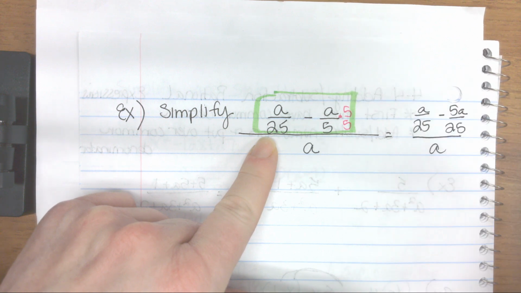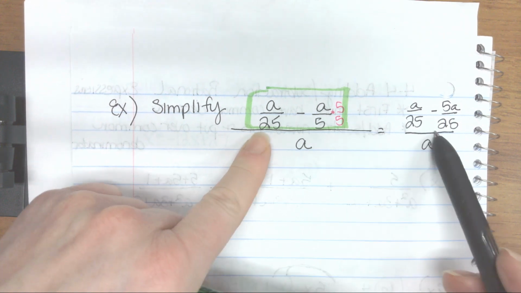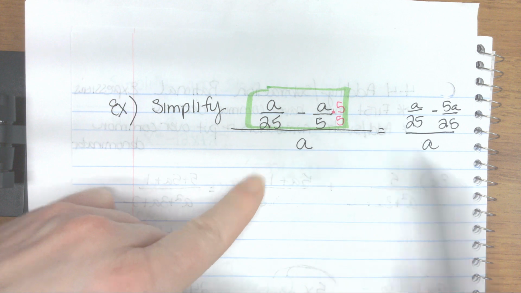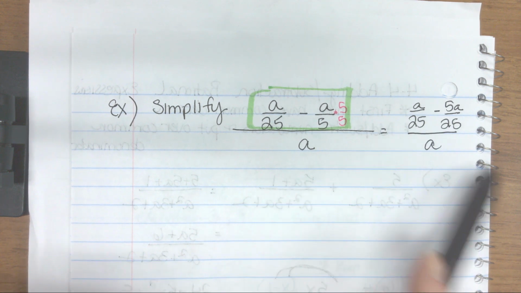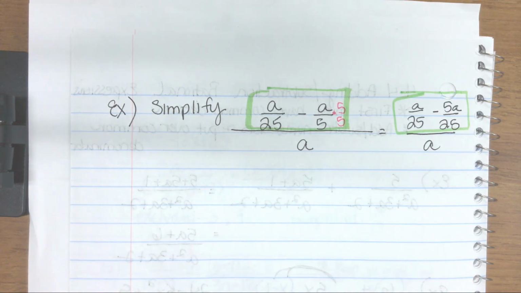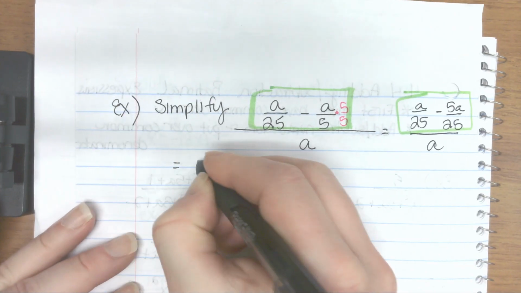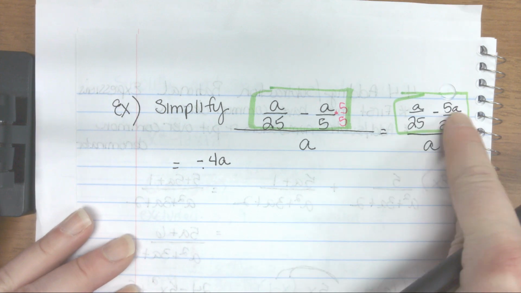Okay, so now I do have a common denominator. Some of you probably can skip this in between step. You could have gone right to putting those terms together, and that's fine. I'm just trying, my job is to explain it to you right now, so that's why I'm writing it out. Could you add your terms on the top here? Remember, I'm just working with this still. What's a minus 5a? Negative 4a. So we simplify this now as negative 4a, putting those together, over our 25